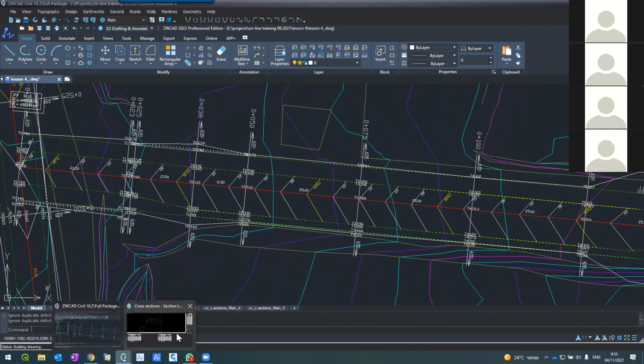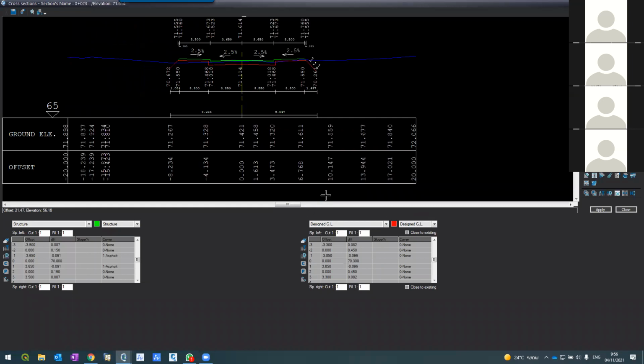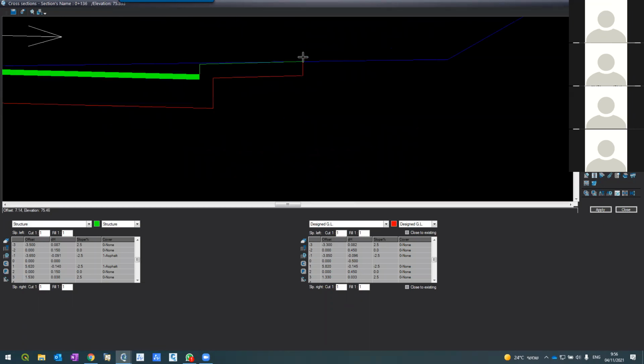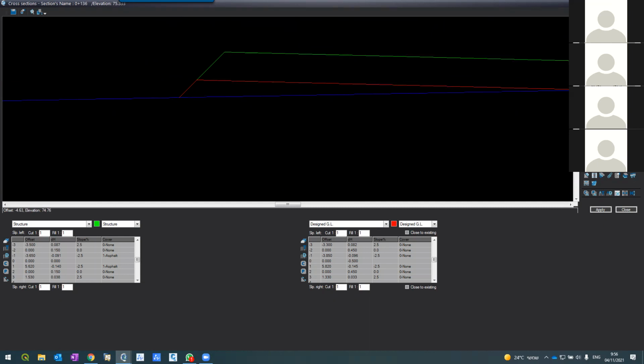So in this case, what I would do, I'll tell the software, get topo data for all sections. So now it will take the existing ground level for all sections, including the intermediate, you see, including this one. And of course, I will have to tell the software interpolate to rebuild all these sections. So let's see. Okay, now you see even the intermediate sections. Here there is no side stick. So if I create the layout now